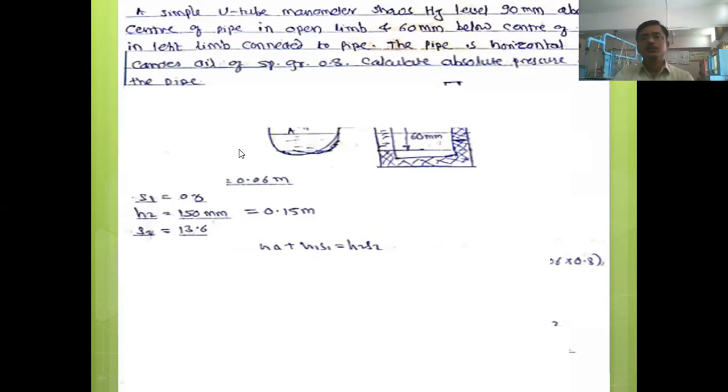Here in this problem it is asked to calculate the absolute pressure, right? So you have learned what the meaning of absolute pressure is in one of the previous lectures. We have seen the system of pressures. Gauge pressure system is there and absolute pressure is there. So how to find out the absolute pressure? Also, we have seen absolute pressure is nothing but, can anyone tell me? Out of these two lines, which line is the line of the absolute pressure?